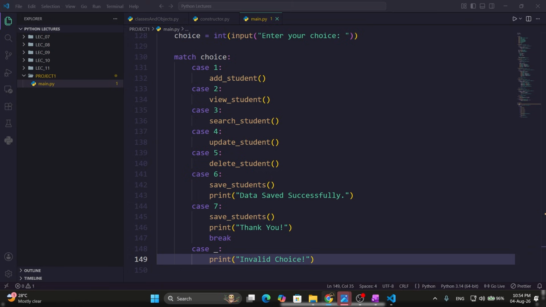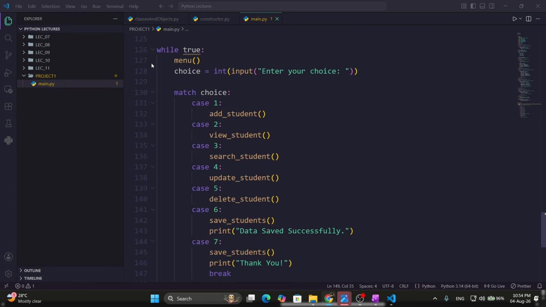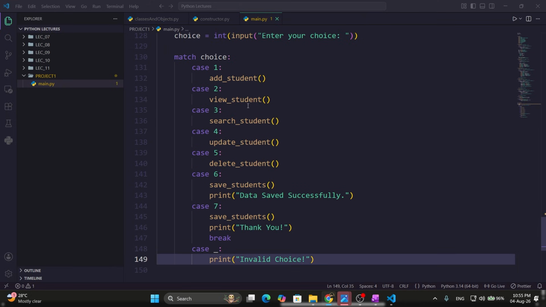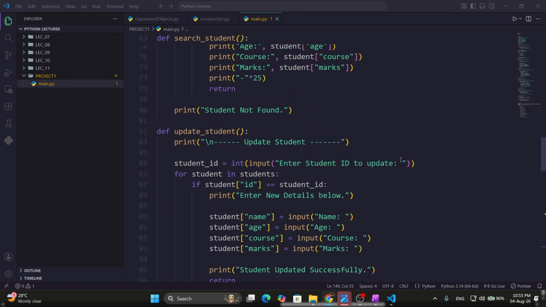So after writing this, now our program is complete. We are good to go. Now we are breaking whereby I have used while loop. I have used while loop because I want the program to be running again and again. So for that I have used the while loop. So one more thing